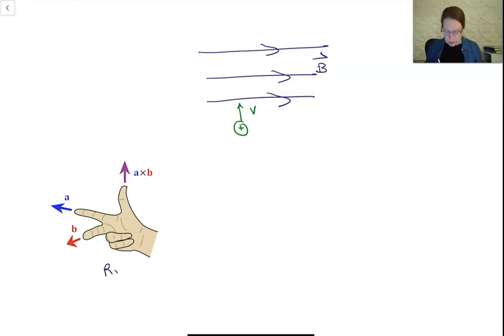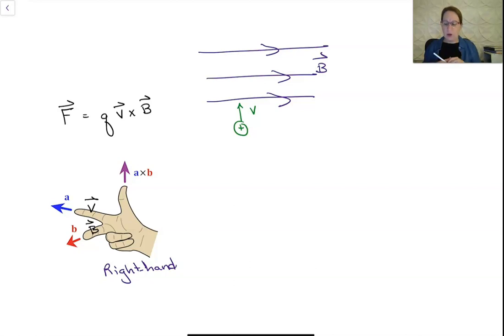So right hand. And your first finger is along the first part, so we're doing F equals Q V cross B. So that means we put the V along our index finger